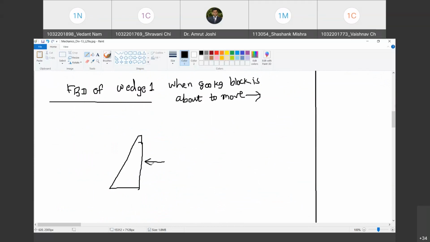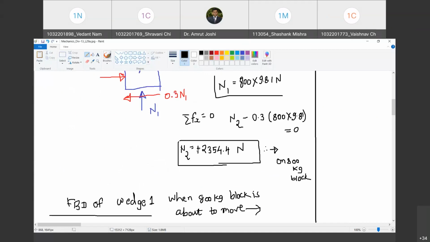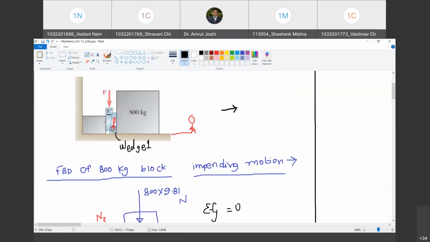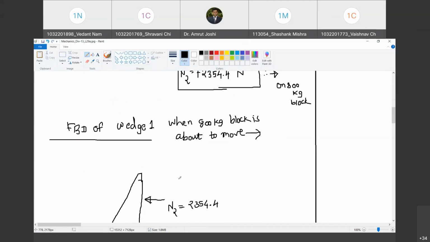Yes, sir. So therefore, here there will be N2, and what is the value of N2 that we have found out? It is 2354.4. Do you agree with me? Yes, sir. Now it is towards left, so should we call it negative? No. I have shown its sense. Now don't give the negative sign. Are you with me? Yes, sir. I have said N2 is equal to 2354.4 Newton towards right, but on which block? On the 800 kg block. On which it will be a force of the same amount but opposite sense. Are you with me? Yes, sir. By Newton's third law. Acha.